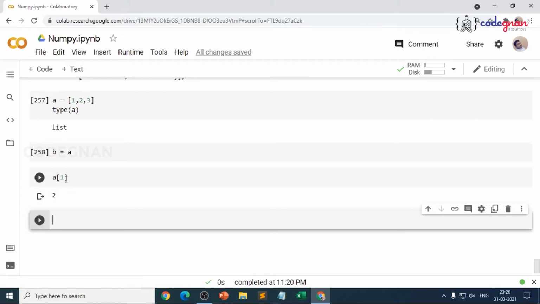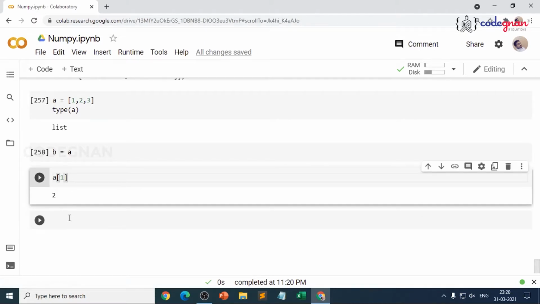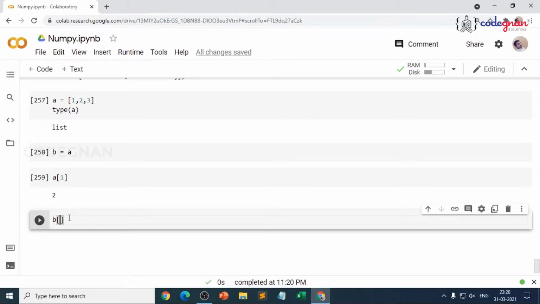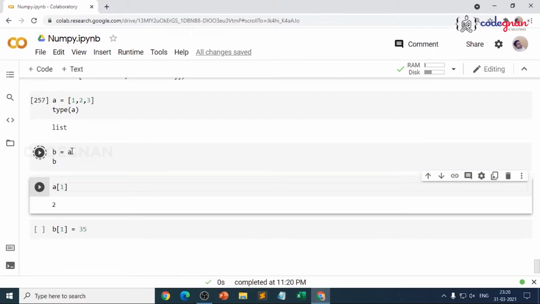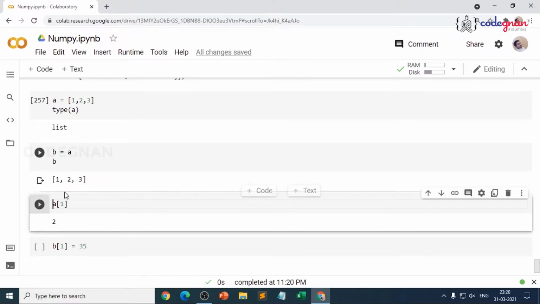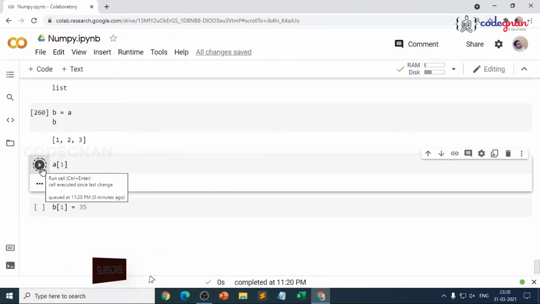But now I'll make a simple change. What happens if I make B of 1 equal to 35? Before that, when you print B, you get the same result as A. A is 1 to 3, B is 1 to 3, and if you call A of 1, you get 2.